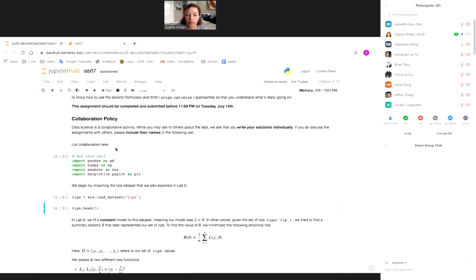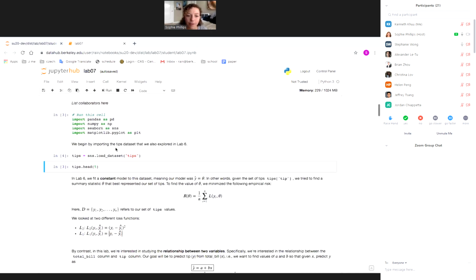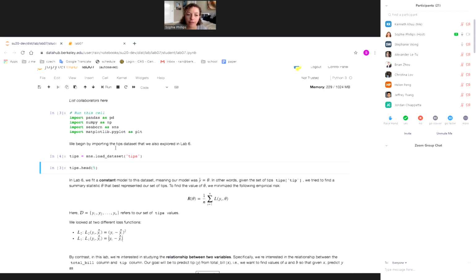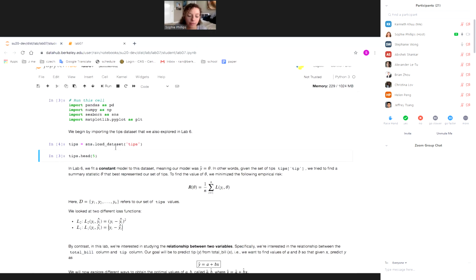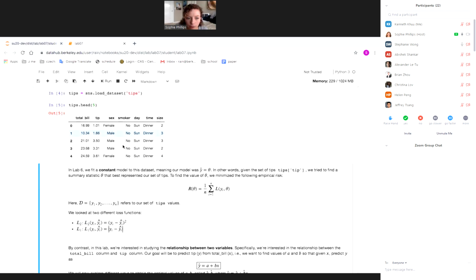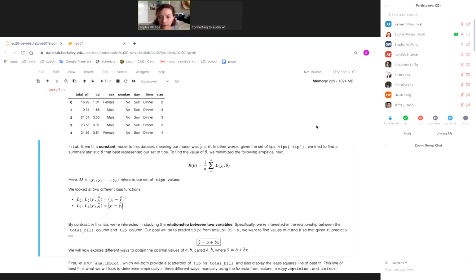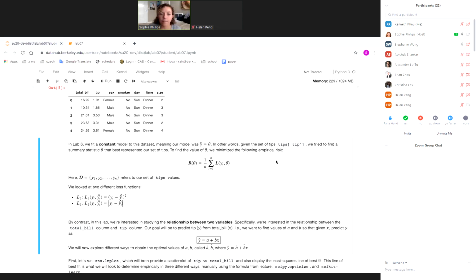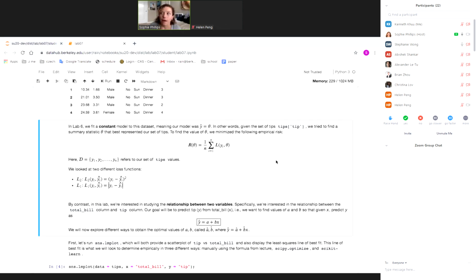We're going to be using the same tips data set we used in last lab. It's a classic Seaborn data set, used in a lot of data science libraries. It's a data set on tips and the bills and the people paying the bills. Great. So last lab, we fit a constant model to this data set, meaning we fit a model that predicted the same value regardless of any of the